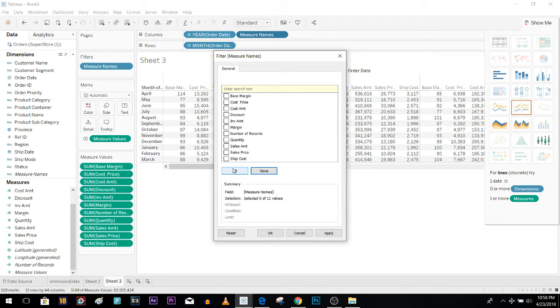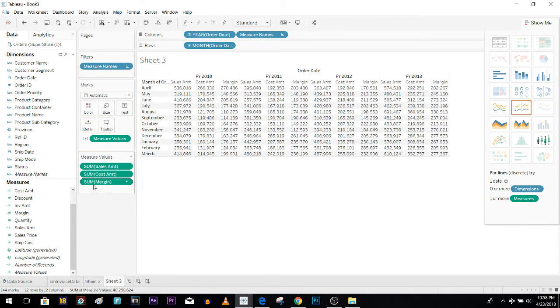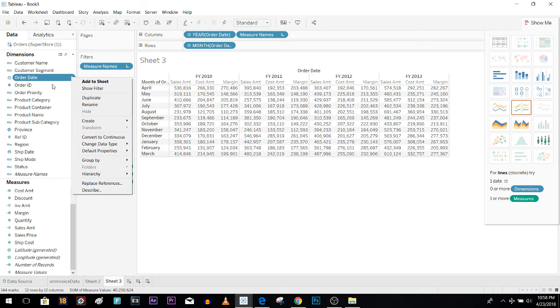I'll just tell you what we need: sales amount, then cost amount should be there, yeah, and margin. Apply, okay. Now you want sales amount to be on top, so sales amount, cost amount, margin. Okay, done. Now it's on FY 2010, but if it's not, just go to this dimensions, order date, and